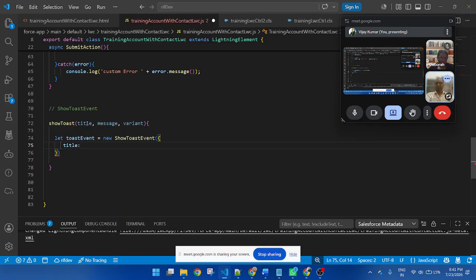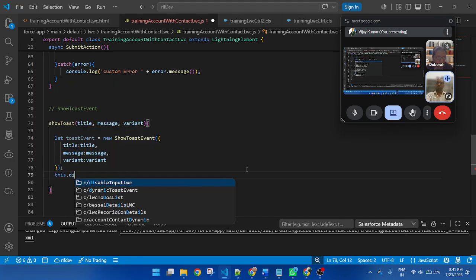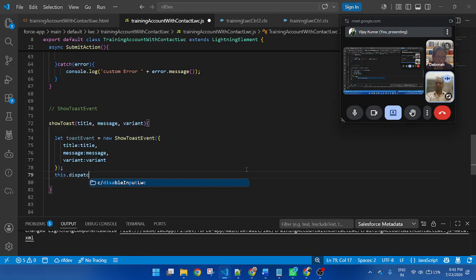Title, title. Message colon, this is a message; I will pass a dynamic value. Variant, this is a variant. And this dot dispatch event. Pass this one.